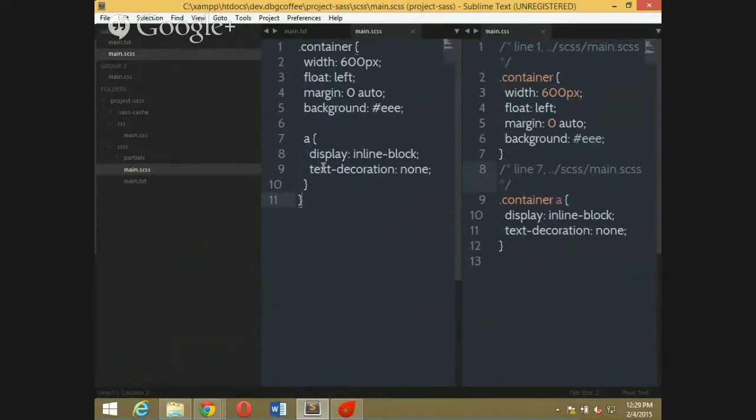Okay. And if you want to target a parent element, just use an ampersand. What ampersand does is it will target the parent element.